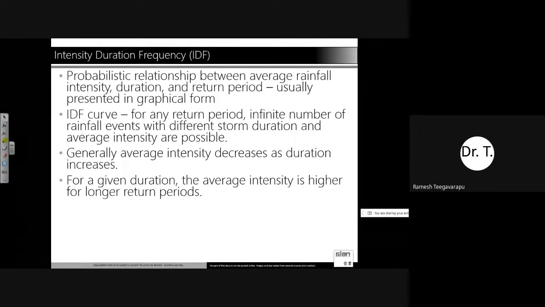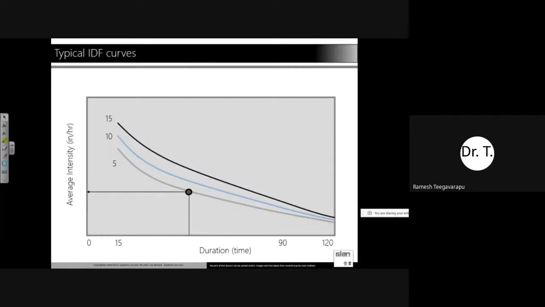And once we have that, we develop what we call the intensity duration frequency curves. There can be depth duration frequency curves also. They are one and the same, but one is represented by depth, the other by intensity. So that is again straightforward. You take those values for different durations and different return periods, and you can actually create